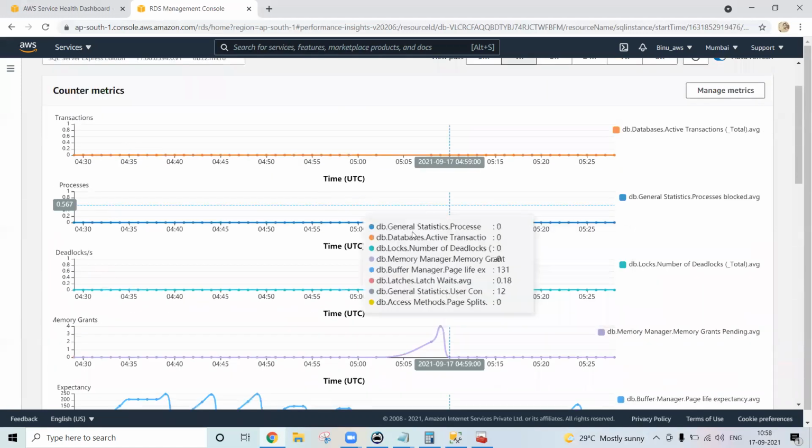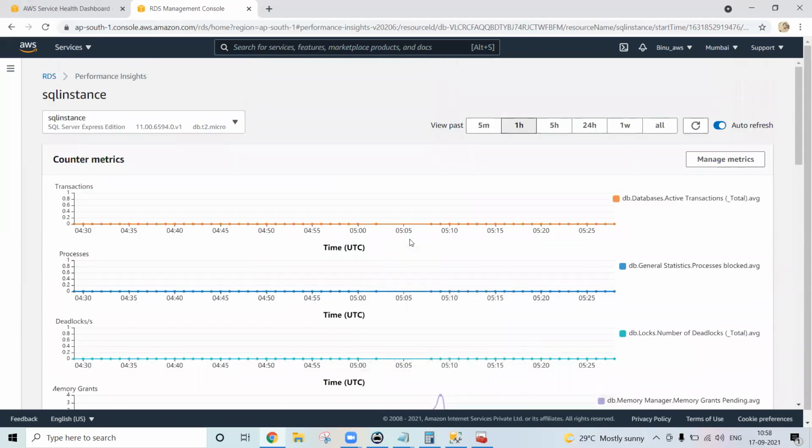Any question regarding the performance insights? No, I have one doubt. In my project, performance insights was only enabled. CloudWatch is not enabled. It may be that the monitoring is not enabled, right? It's your choice, you can enable it. But this is good practice, to have the monitoring parameter enabled, right?